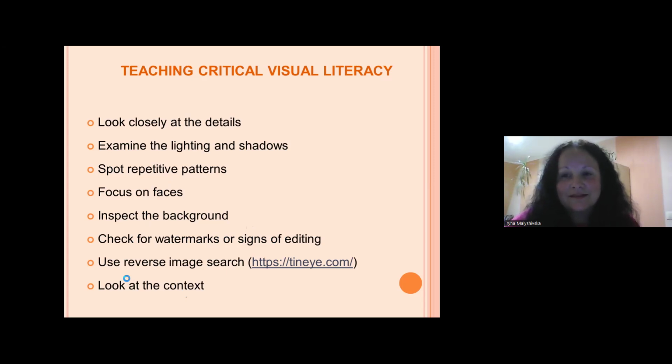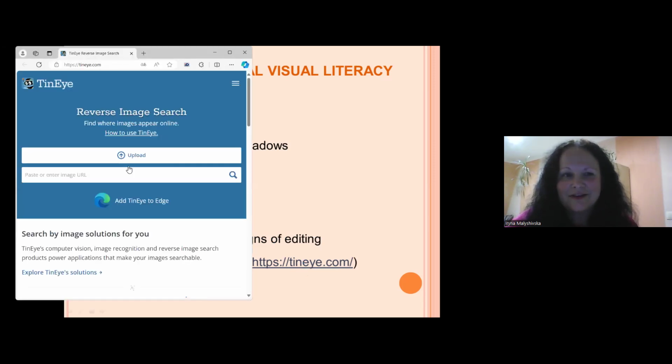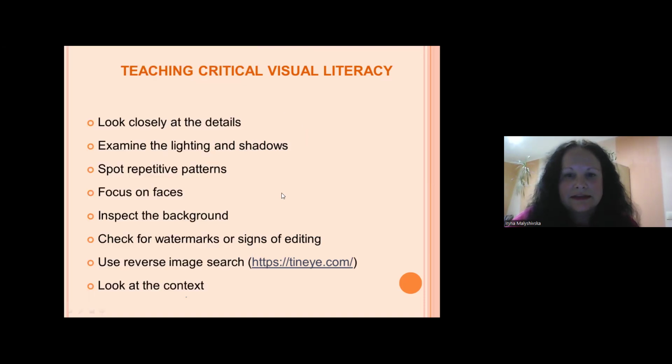Then here, using reverse image search is very helpful. You know about Google image search. It's very easy to use, but I love this one. This is TinEye. Yes, it's very easy also. You can upload the image or just paste the URL, and then you will be able to see. Oh, sorry, I cannot close it. I opened it, but cannot close. Okay,